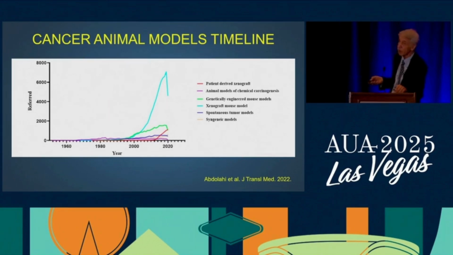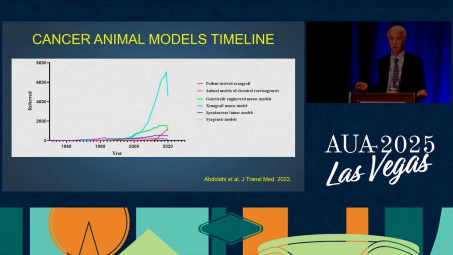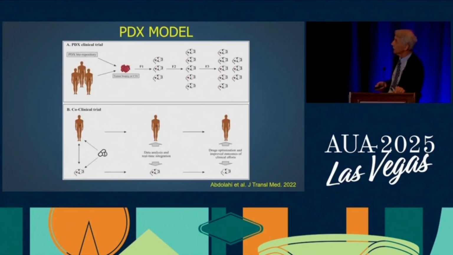And this has been the case. This has gone up tremendously over the last few years. And actually, if you go to the oncology sessions, about a third of the presentations now concentrate on patient-derived xenografts in animal models to learn things. Where does this go? If we look at the top here, this is the typical thing that we're working with.